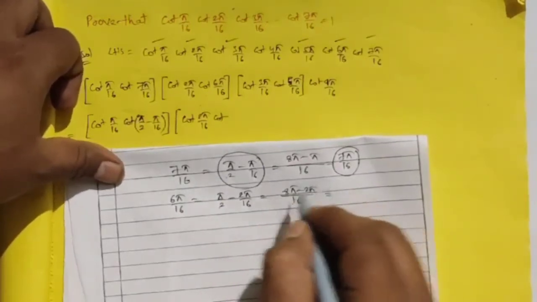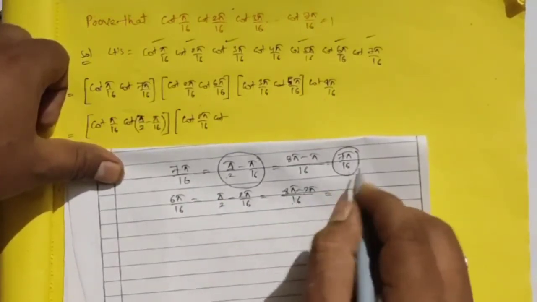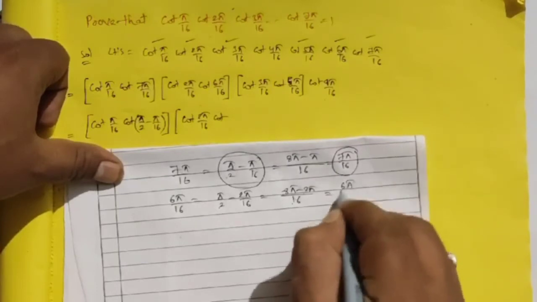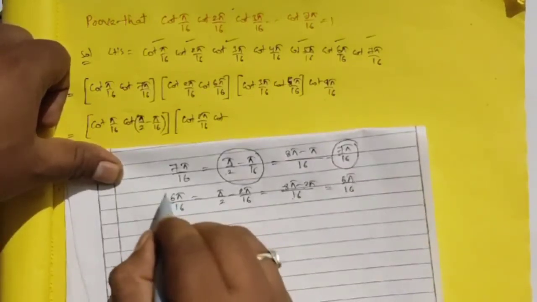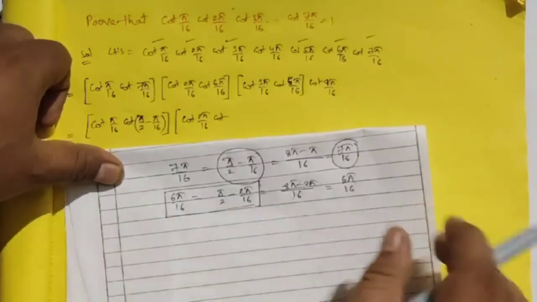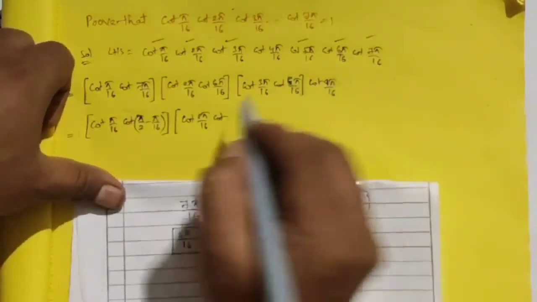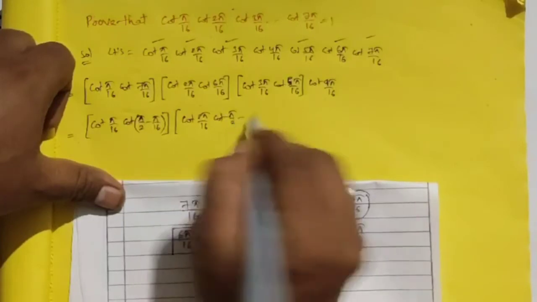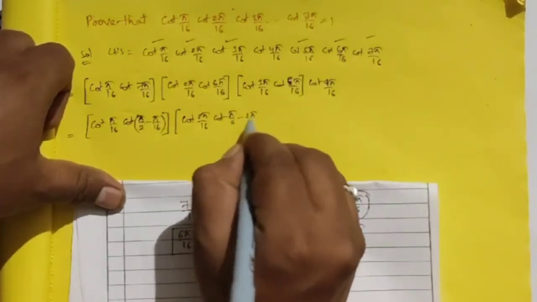So 8 pi minus 2 pi is equal to 6 pi by 16. Write that 6 pi as pi by 2 minus 2 pi by 16, so it becomes cot of pi by 2 minus 2 pi by 16,